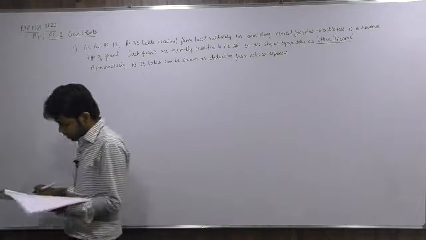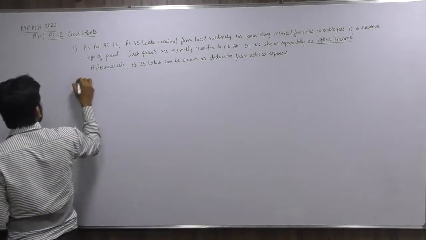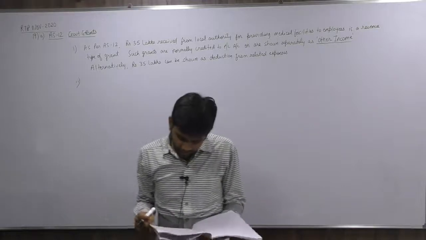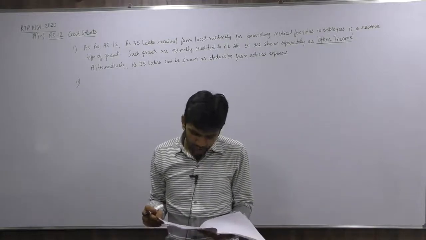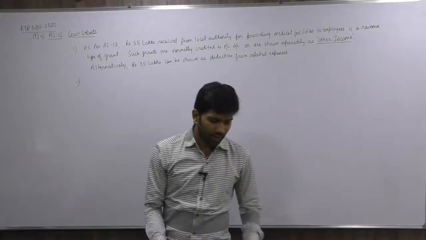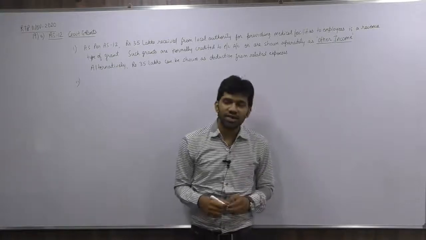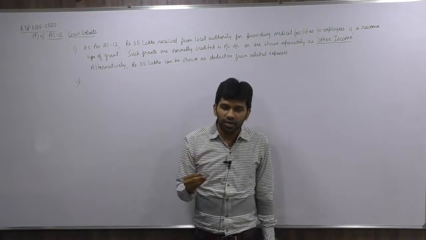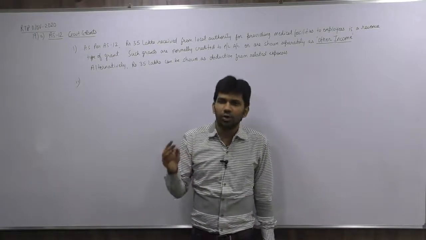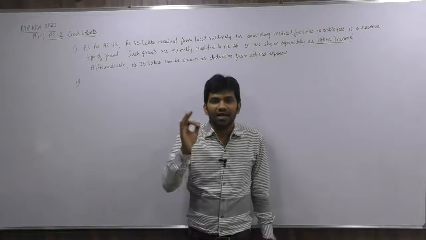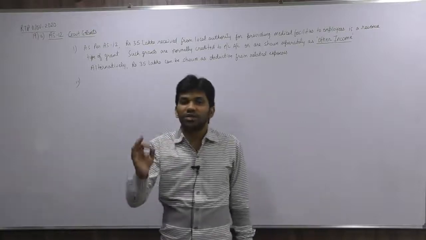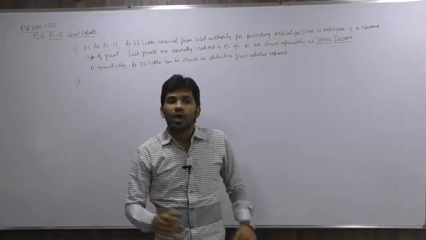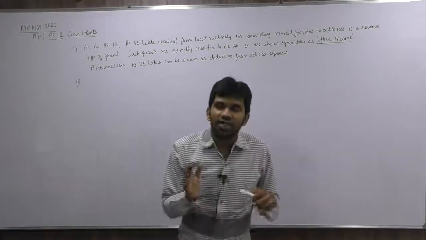Now, what is the second part? Let me write here number 2 and let me read. Rupees 100 lakh received as subsidy from central government for setting up a unit in a notified backward area. Now government has helped with 100 lakhs for setting up a unit in a backward area. Any help received from the government for setting up any unit or a factory in a backward area, the grant received will be treated as a grant in the nature of promoter's contribution, and it will be credited to capital reserve,